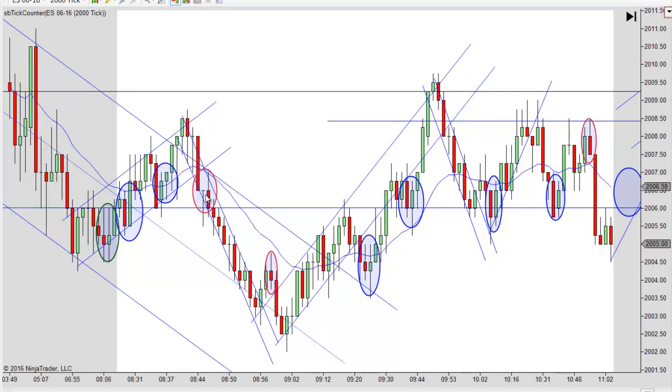Then of course you got your break, you make your new low, and you start working up a trend line right here. You can see that trend line. It's tempting to go long right there, and you really could have. I'm willing to make that one green, but notice you got a move up, pull back, and move up. So you really got two legs up there.